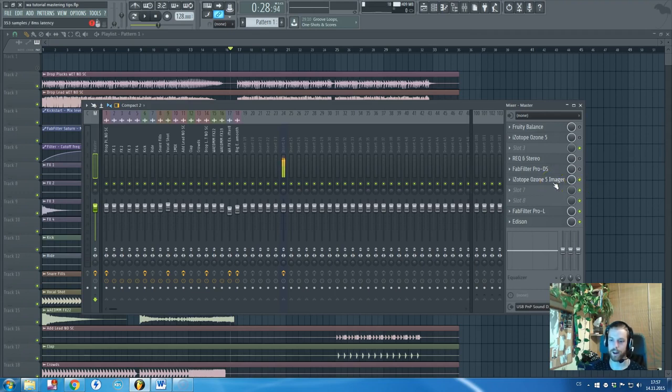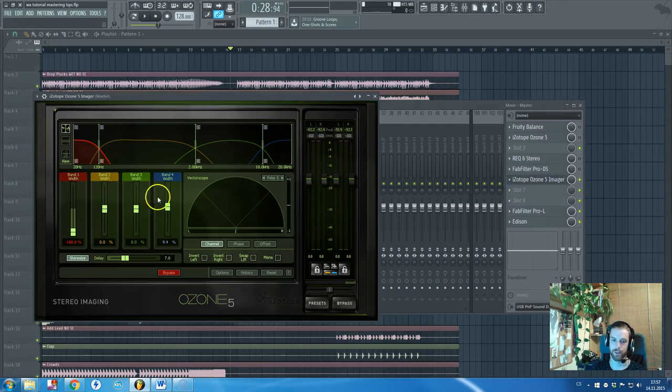Here it is. Here is my super favorite plugin, Isotope Ozone 5 Imager. It's not the whole Isotope Ozone. We have it in there. We will talk about this one later, but it's only this